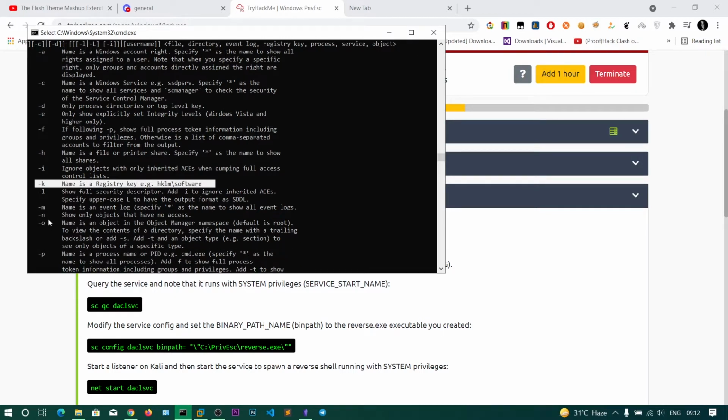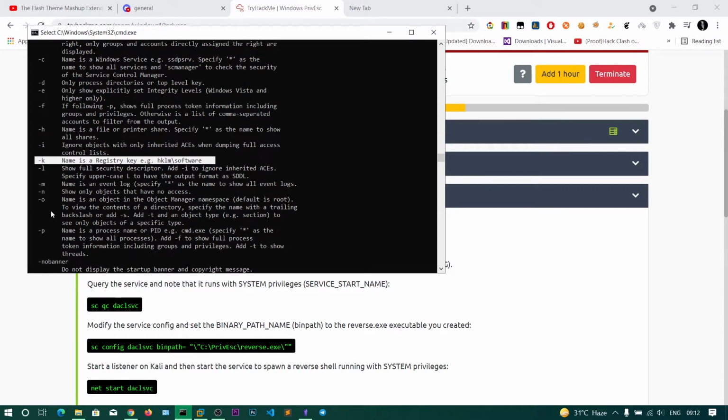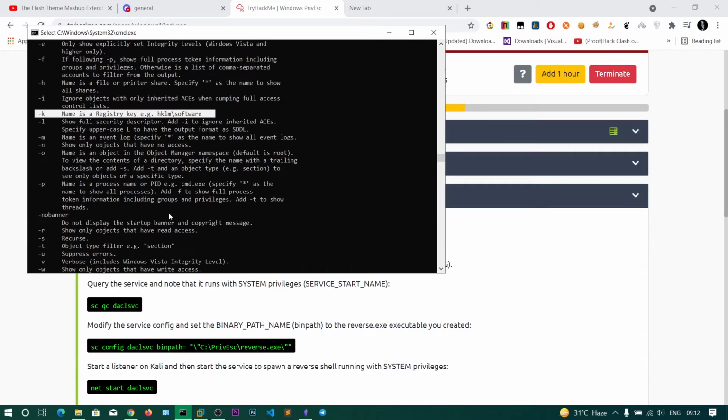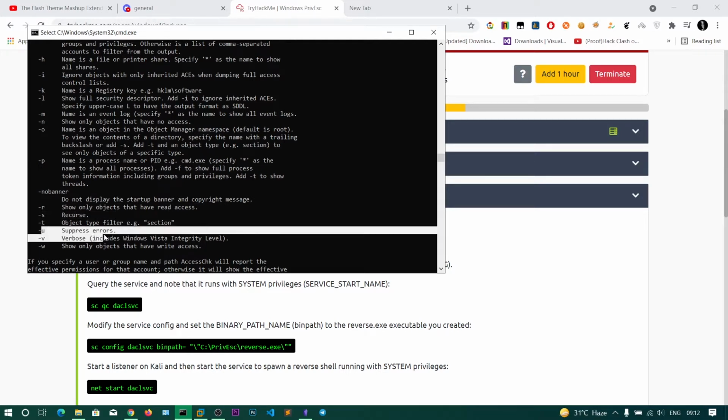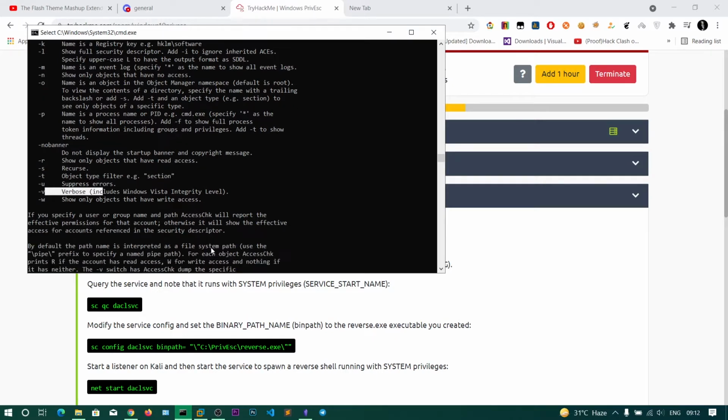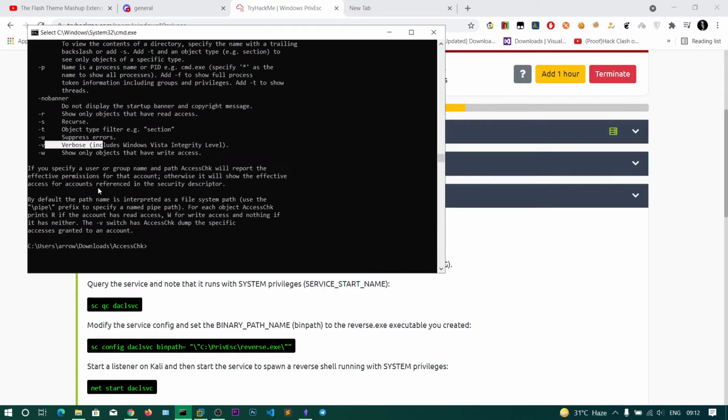P is for process name or process ID, and R is to only show the objects that have read access, and S is for recursiveness. U is for suppressing errors, V for verbose, and W for write access. With these switches we need to enumerate the services.